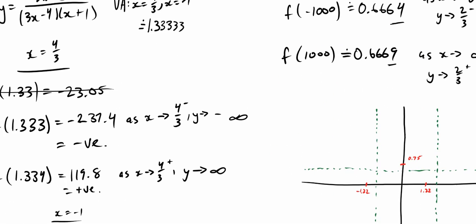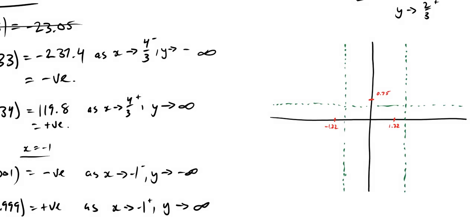So from here, where you start is kind of up to you. This is the part where you might want to just watch. What does this tell me? As x approaches 4/3 from the left, y goes to negative infinity. So that tells me that this part of the graph is going to be down here. As I'm approaching from the left, I'm going down. You could do tiny marks with your pencil